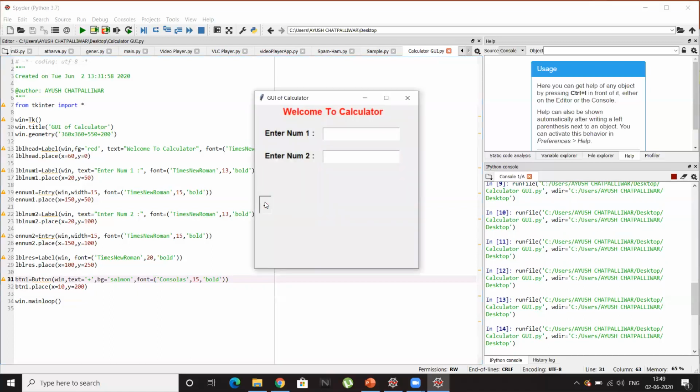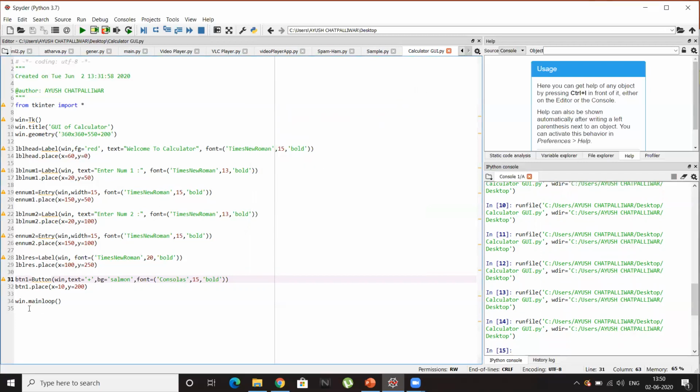Yes, you can see we have got a plus button. It's clickable, its font is also increased, but its height is much smaller. We can even increase its width and height more. To do that, there is another function, so let's use it, that is padx. To increase its width, we can use the padx function.